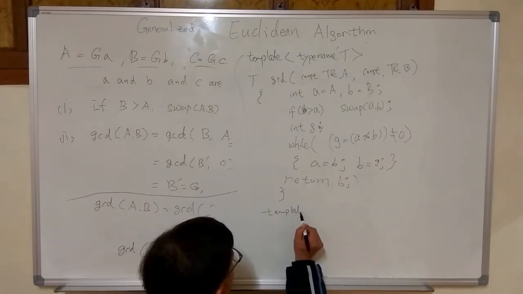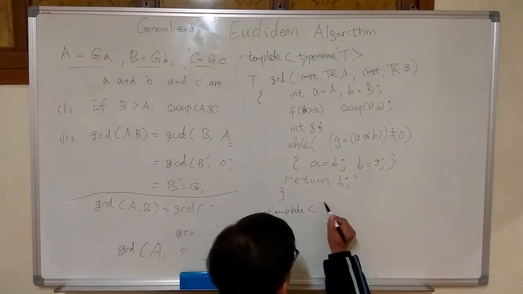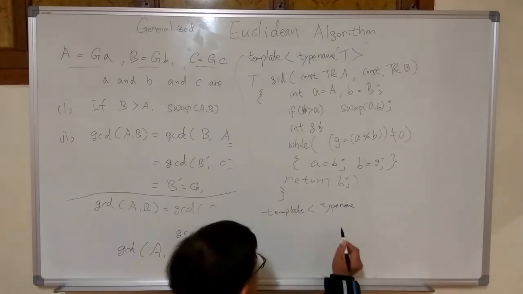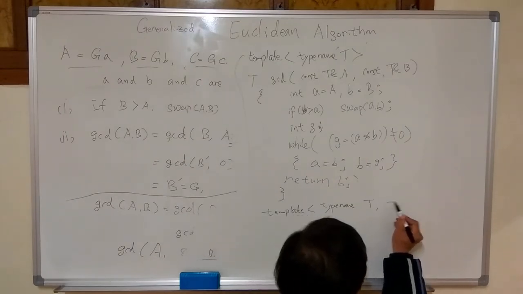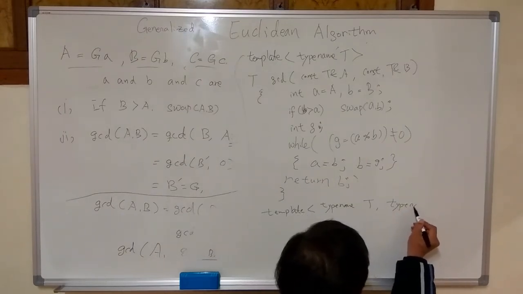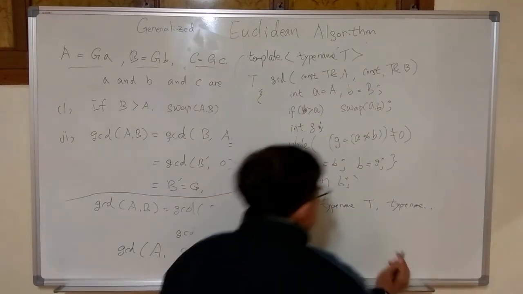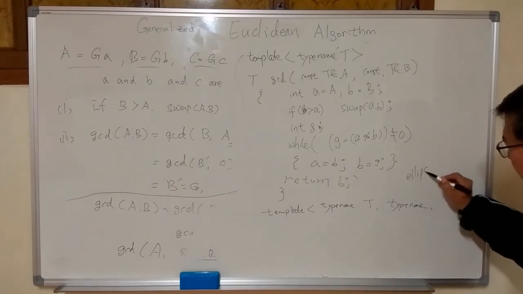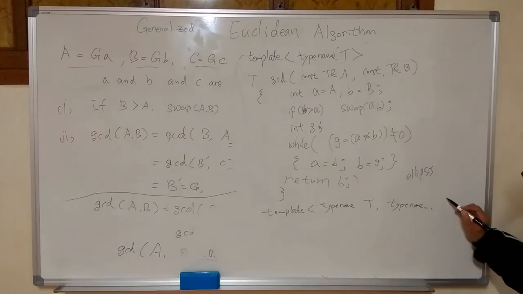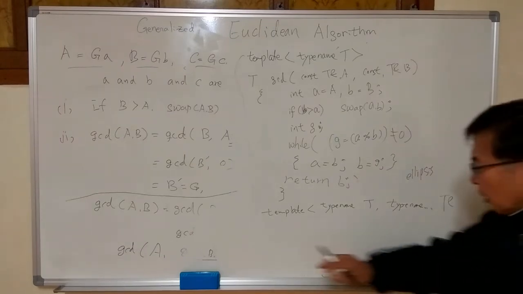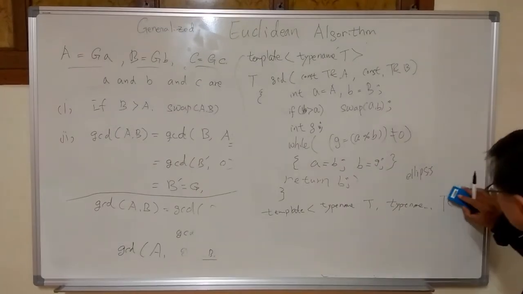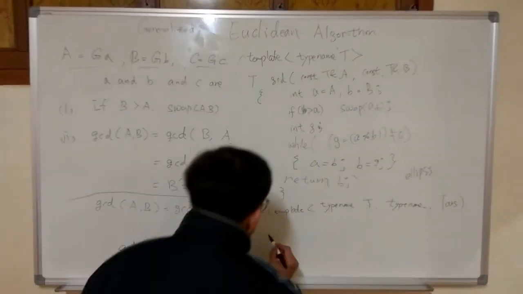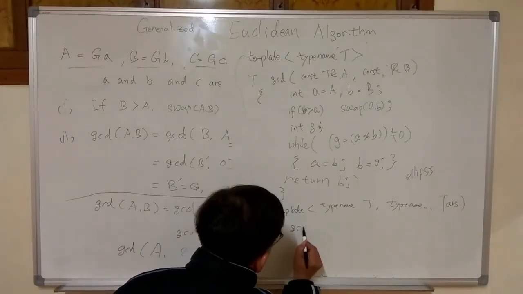Template, typename T, typename three dots, ellipsis, then TARGS, then T GCD,